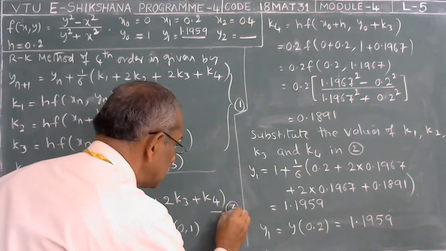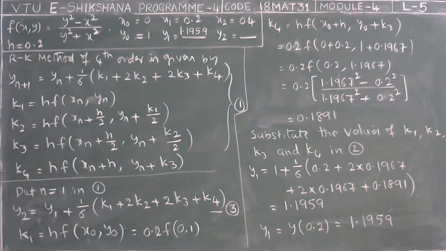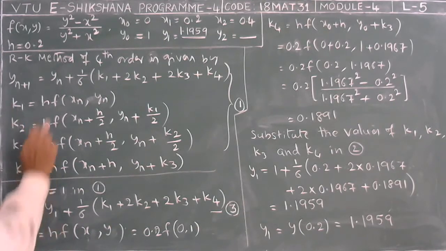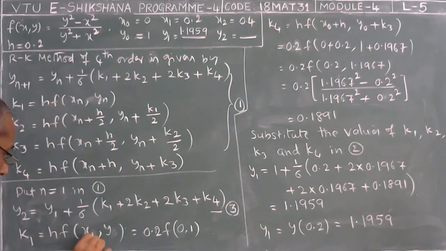Call this as equation number 3. Okay. Now what is your K1? Now substitute the values, calculate the values K1, K2, K3 and K4. So your K1 for n is equal to 1 will be h of f of x1 comma y1, and